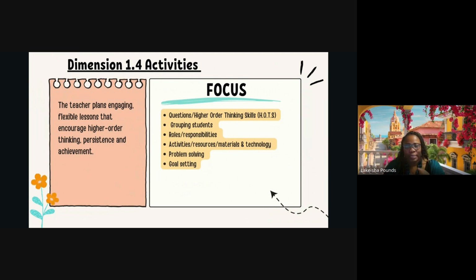So teacher plans engaging, flexible lessons that encourage higher order thinking, persistence, and achievement. So the key words here are really just higher order thinking skills, also roles and responsibilities, but also grouping. Grouping is major. So if you are currently always having whole group lessons, in dimension 1.4, that is not going to work. It's not going to work because they are specifically looking for